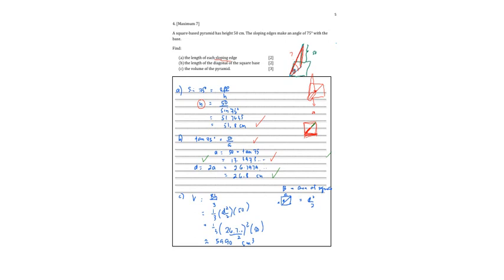The volume of the pyramid is computed as area of the base times the height divided by 3. The area of the base is a square, so normally it's x times x or x squared. But instead of x, we are given a diagonal. So we can use the area of the square using the diagonal, which is d squared over 2. So substituting, we have 1/3 of d squared over 2 times 50, where d is given to be this one. But here, we're going to use the original value.